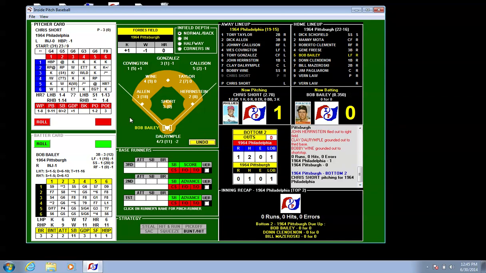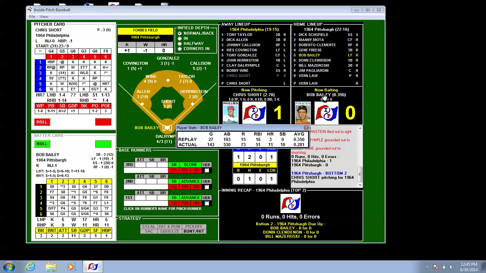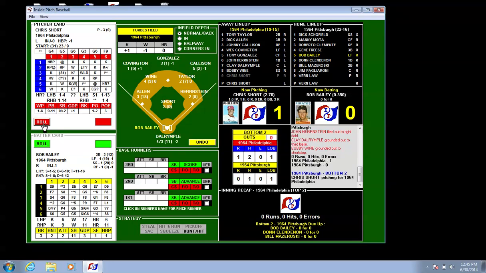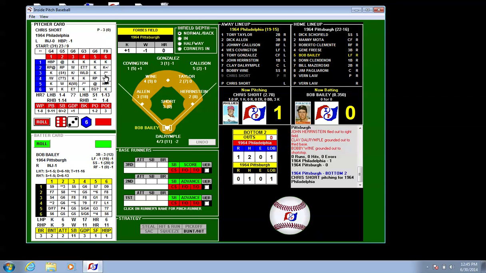We go to the bottom of the second. Bob Bailey will lead off for the Pirates, trailing 1-0. Bailey is hitting .350 on the season, tearing it up with 3 homers and 16 RBIs. Short delivers. We get a 6-3, which is a split result. Against left-handed batters, this would be a blank, but against right-handed batters, we have the 2 stars there. Anytime you get a 2-star, it's an automatic out, unless there's a range play involved. So since Bailey is a right-handed batter, the 2 stars will come into play. We click on that, and it's an automatic out,